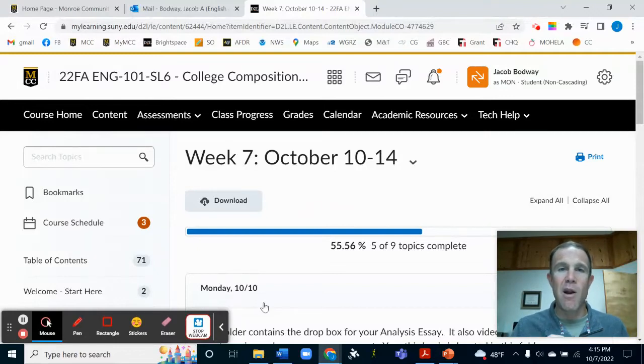Your final paragraph would be your 5th paragraph. That paragraph is where you have the chance to evaluate his article. Tell me what you thought about his article. Remember to include a works cited at the end. Okay? Again, review those instructions, rewatch the video lecture, so you do really well on the analysis essay.